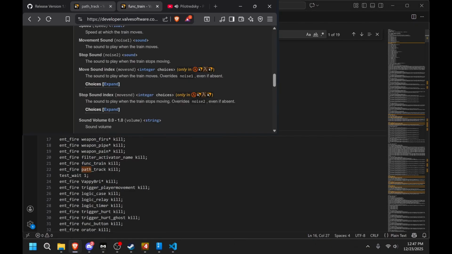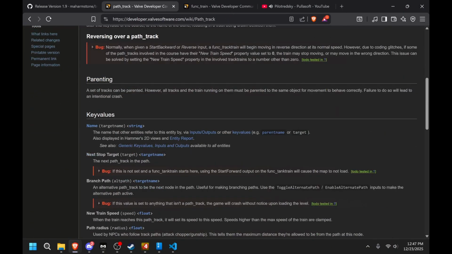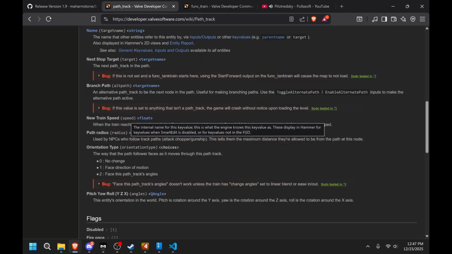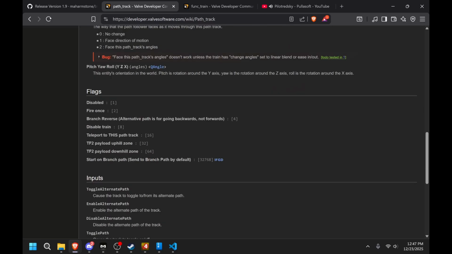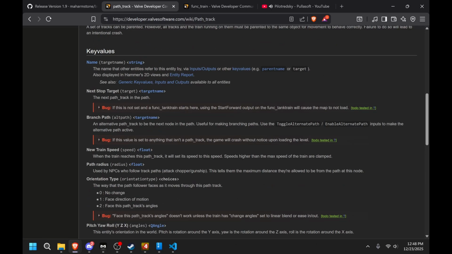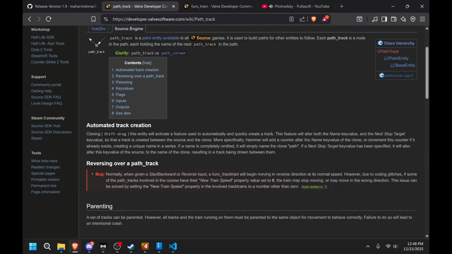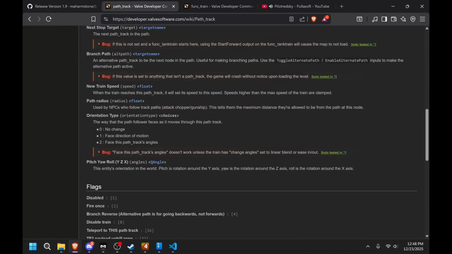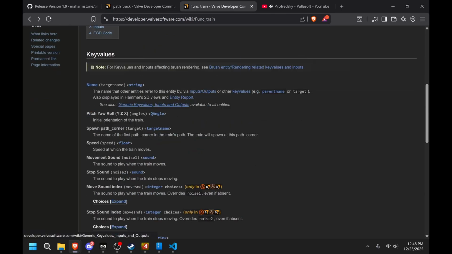Now let's look at the path tracks. I guess speed also exists, so we're going to do speed. You've got all these different things you can do in this. It's so you can do all path things, so you can maybe have a switch where it'll change path, or have events that will change things. So we're just going to do speed, and we're going to look back at func train because we want the train to